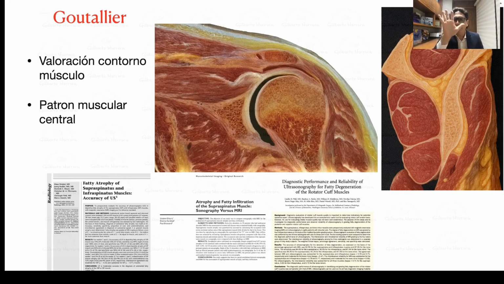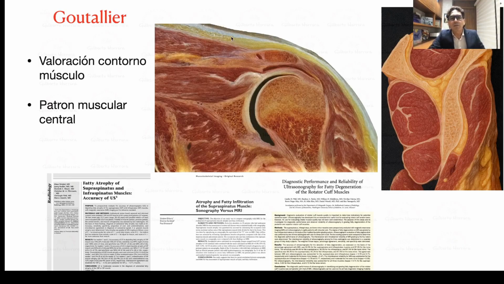Basically, instead of dividing it into 5 stages like an MRI, we simplify it. We divide it into 3 stages, where 0 is normal, 1 and 2. So from MRI, where we had 0, 1, 2, 3, and 4, here we're going to talk about 0, 1, and 2. And basically the interpretation depends on 2 things. First, the presence of the intramuscular tendon. We're talking about the supraspinatus, but this applies to the other shoulder tendons as well. So for the supraspinatus, the presence of this tendon